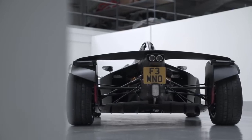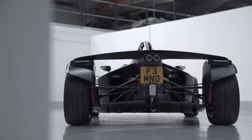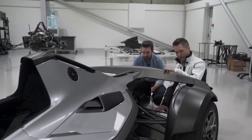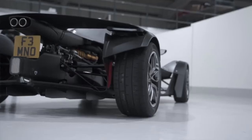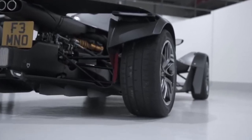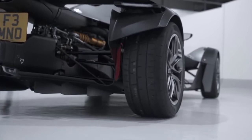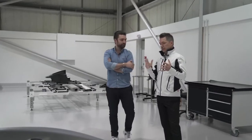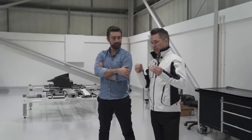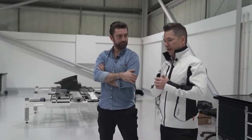The diffuser, of course, works very well with the wing, so the wing doesn't move. Of course, it's how these two work in relation to each other. The diffuser strakes have been carried over, but again, optimised just to reduce the drag. So what we're talking about really is a car with a top speed of over 170 miles an hour, but with something that creates very efficient drag, but also gives a nice amount of downforce at high speed in order to keep the car nice and stable and nice